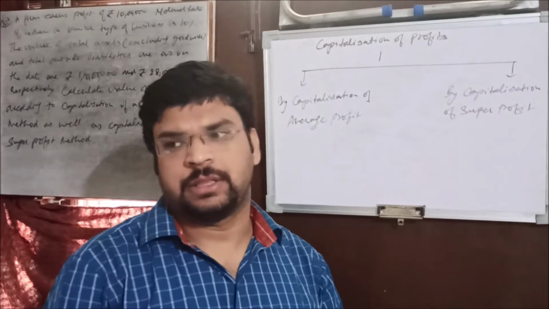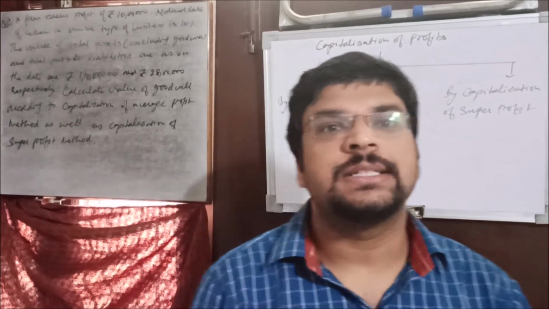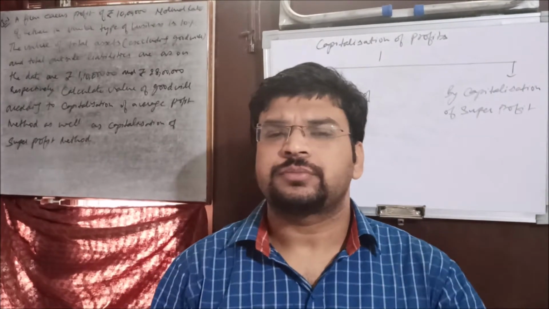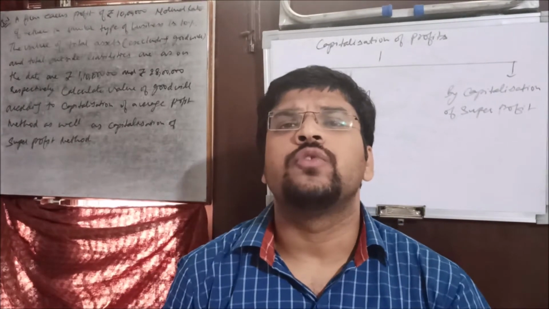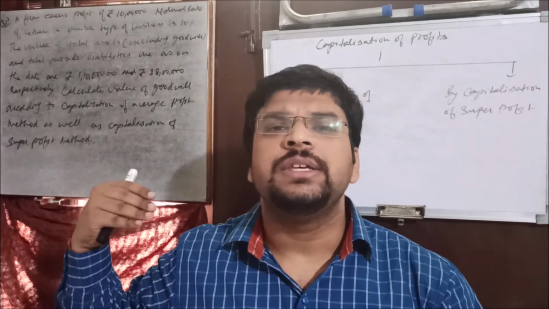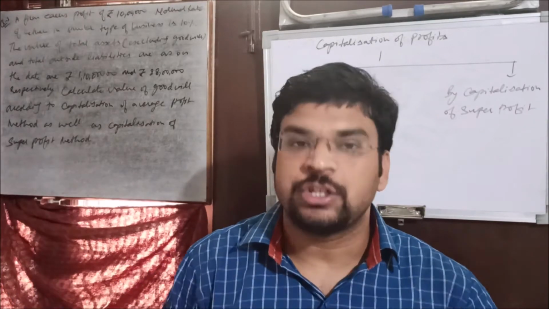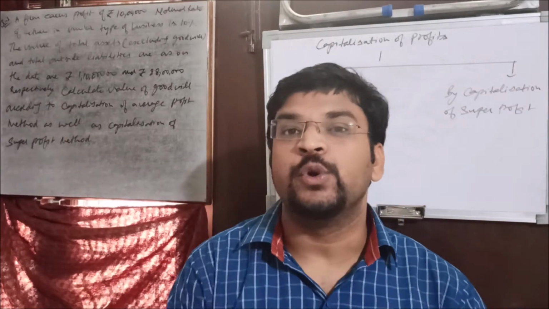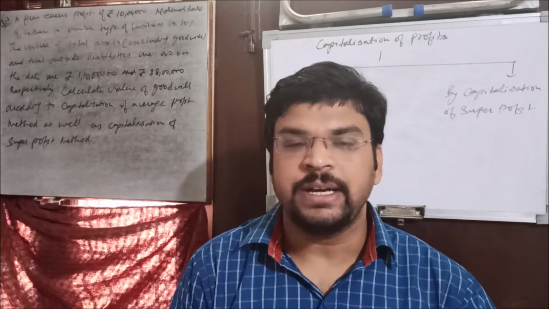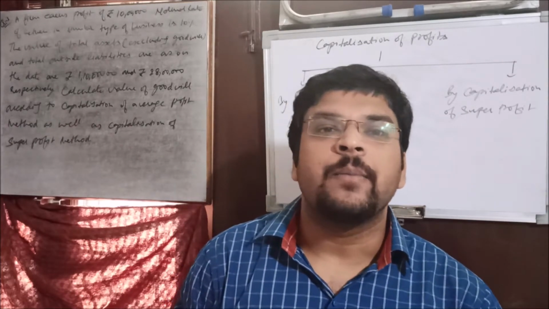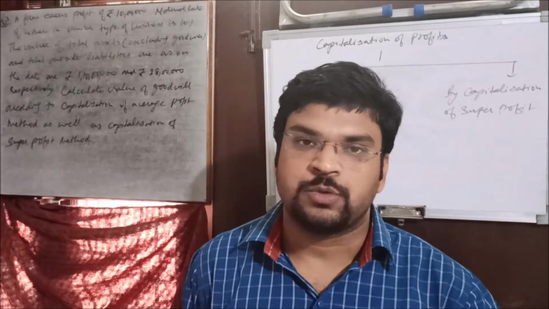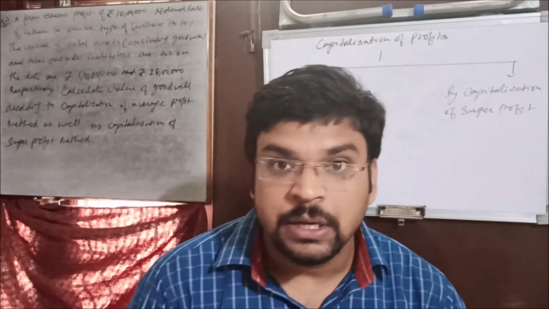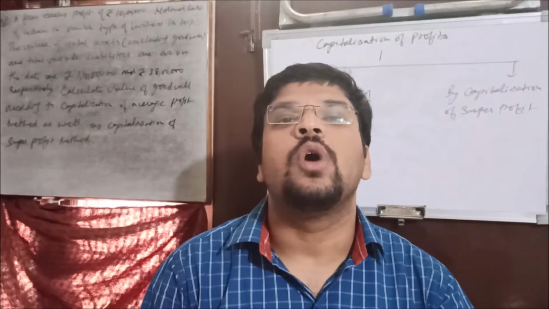Capitalization of profit method, right? Very first, let's understand the concept of capitalization. It works on the basis of the normal rate of return being earned in similar business with similar investment. The value of the business for which you are going to calculate the goodwill is capitalized. This capitalized value is then compared with the value of the investment under the capitalization of average profit method. So then we get the value of goodwill.